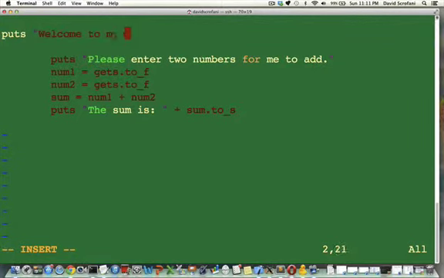Welcome to my calculator. Enter A. You can use single quotes like that inside of double quotes. To add two numbers, or, and let's say enter, and now it's going to wrap